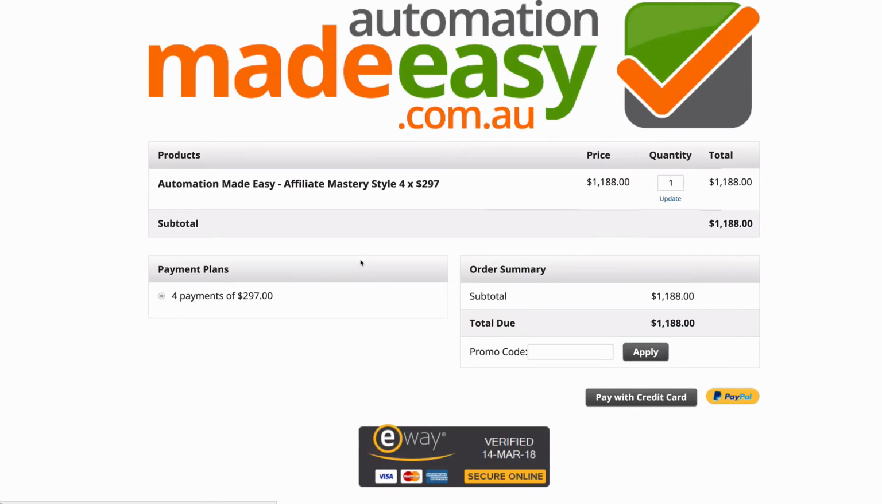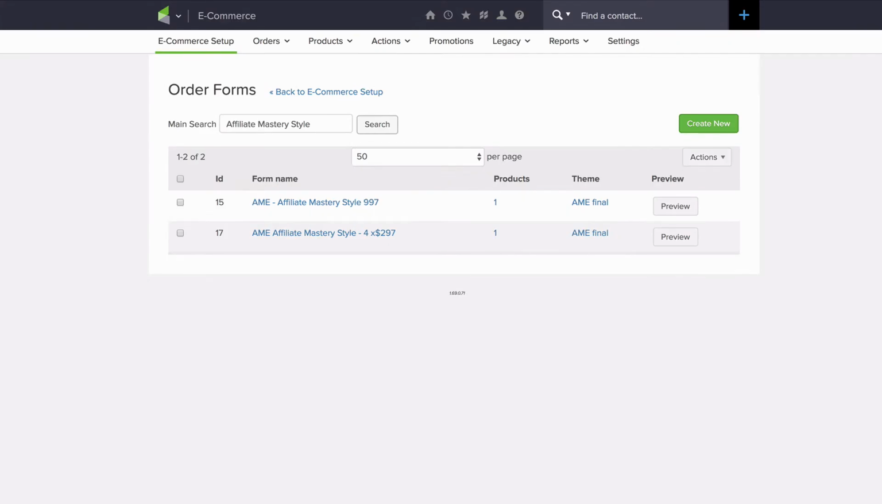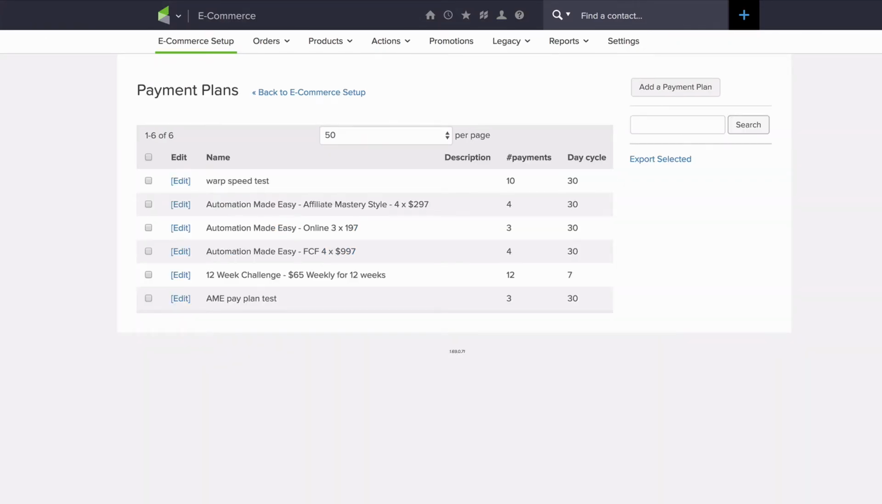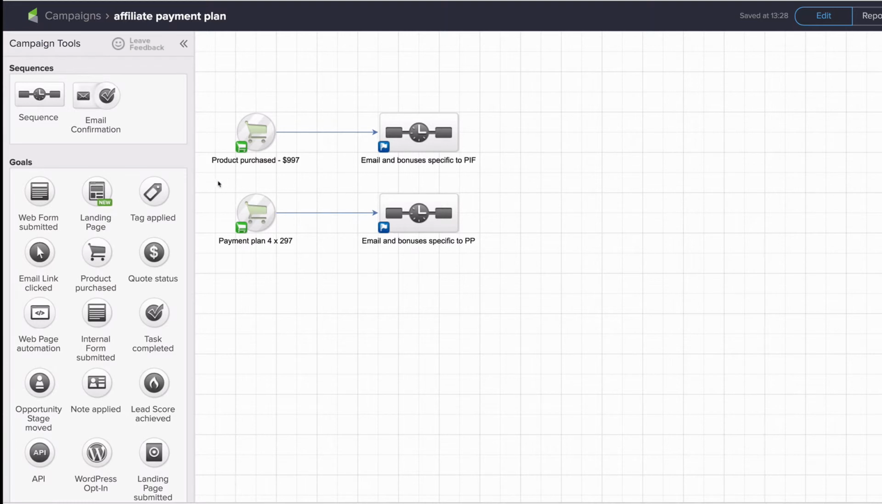So now what happens, it's basically pre-selected and only showing the payment plan on this particular order because we only want them to go through as a payment plan. And the reason why we want to do that is in our campaign, back to the right one, because we might have some specific information about the payment plan that we want to send to the customers,